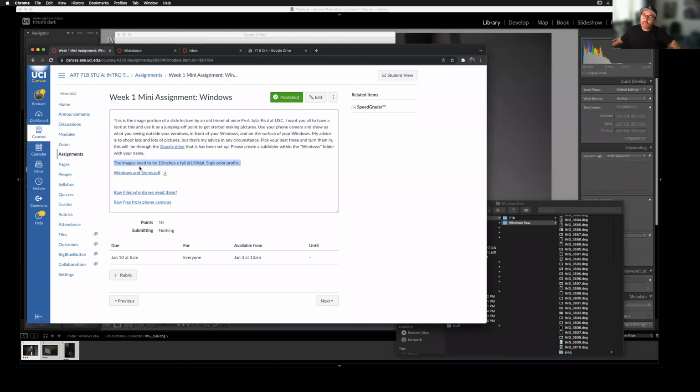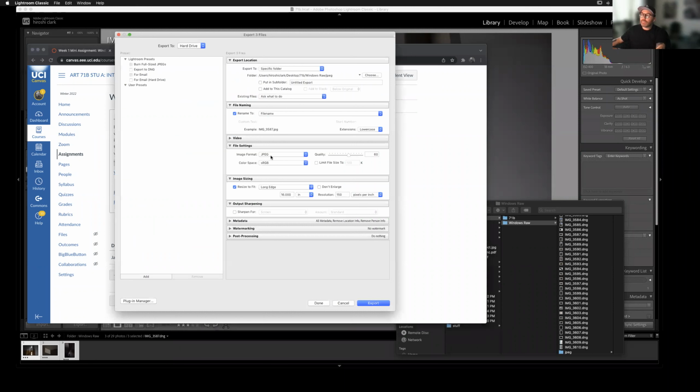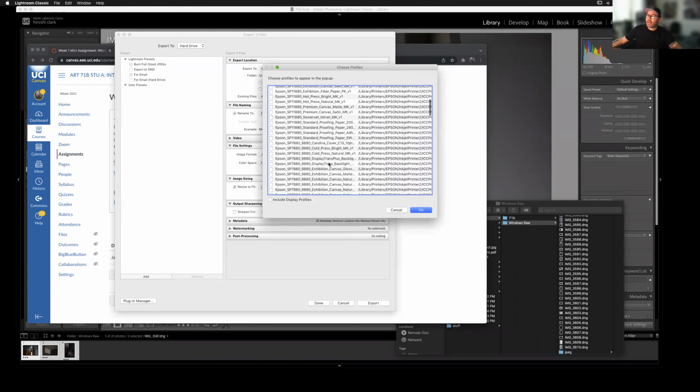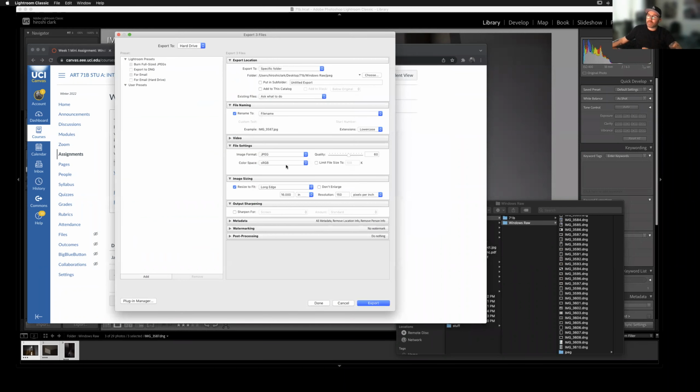If you look at this part, I said sRGB color profile right here, okay? If you come over here, the color space, you have different options. If you hit other, there you go. You have all these different color space options. Don't worry about those. We're really in this class going to only toggle between Adobe RGB and sRGB. sRGB is a small color space that's really useful for phones or the internet or something like that. Adobe RGB is a massive color space, and that's going to be great for when we start working on images